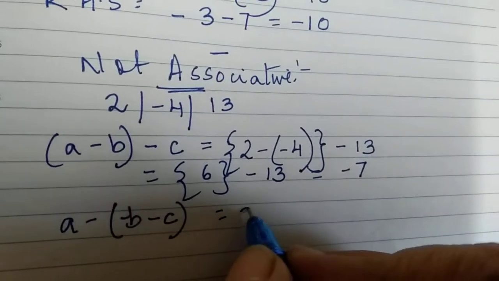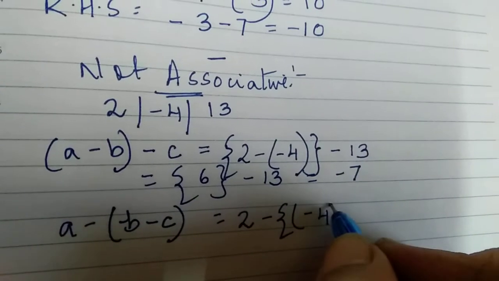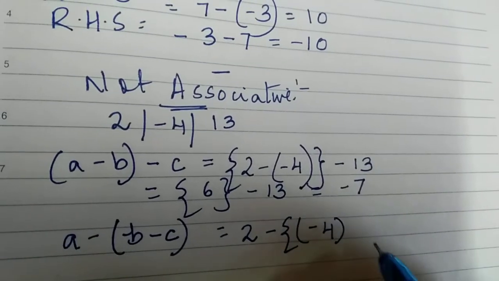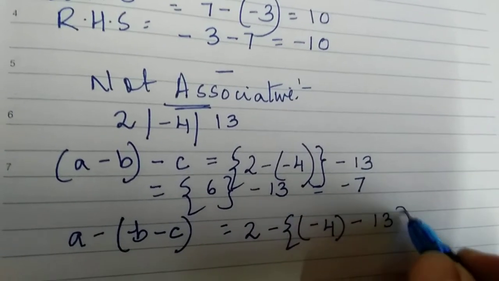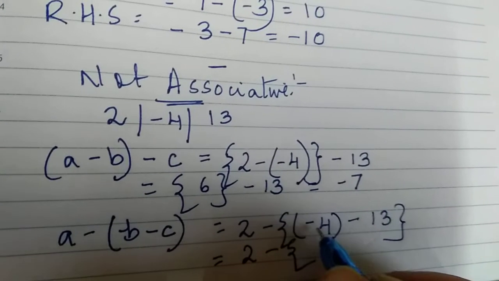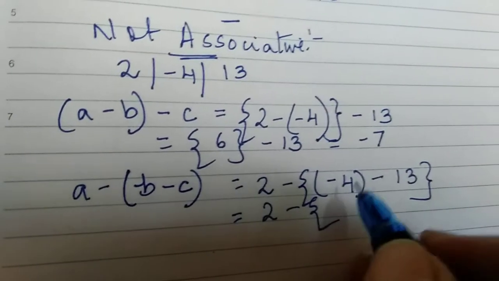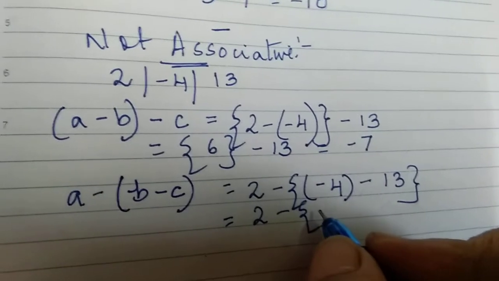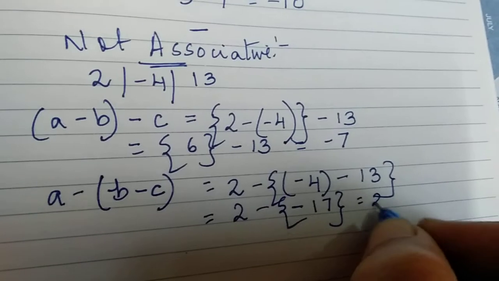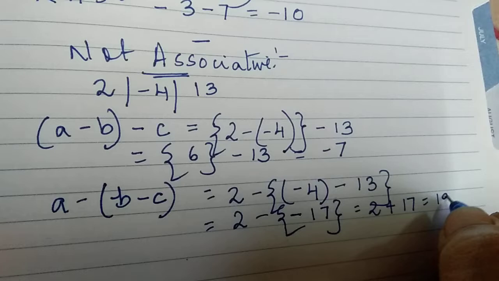The next thing which I should do, A minus B minus C. So now what is A? 2 minus 4. 2 minus 4 minus 13. So if I do this part, then it will be 2 minus 4 minus 13. You have to observe carefully, girls, otherwise you will have problem. Minus 4 and minus 13 is minus 17. So 2 minus minus will become plus. It will be plus 17, that is 19.